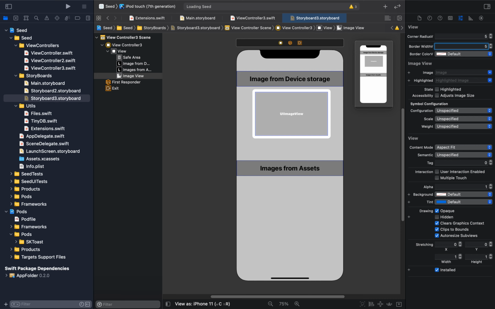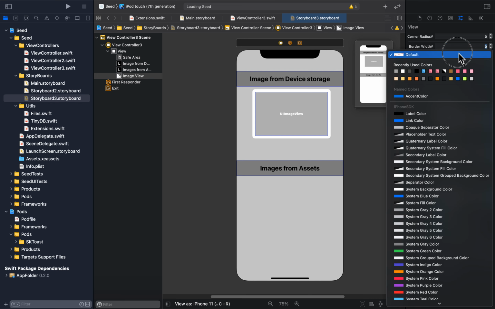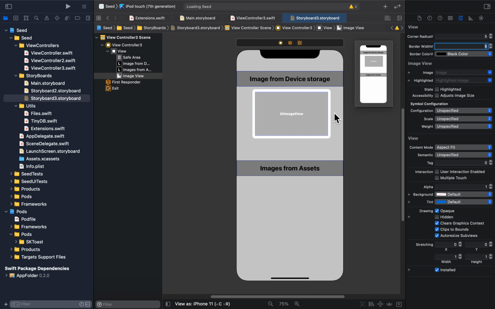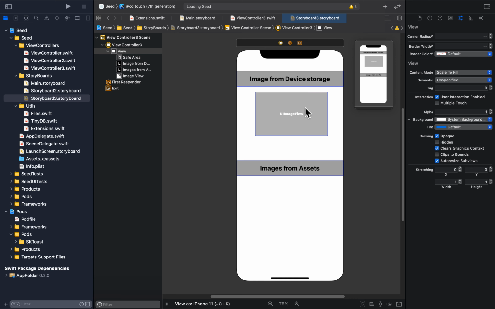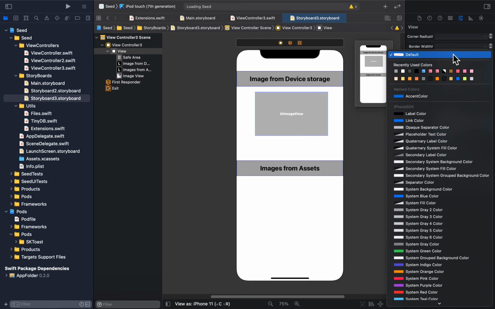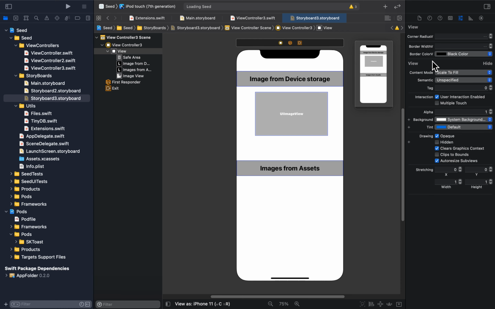Then border color, I want it to be black. Remember that this is not going to show on the designer. Rather, it's only going to show when we've run the app. That's when these special extension modifications are going to show. So border color black. All right, and then next